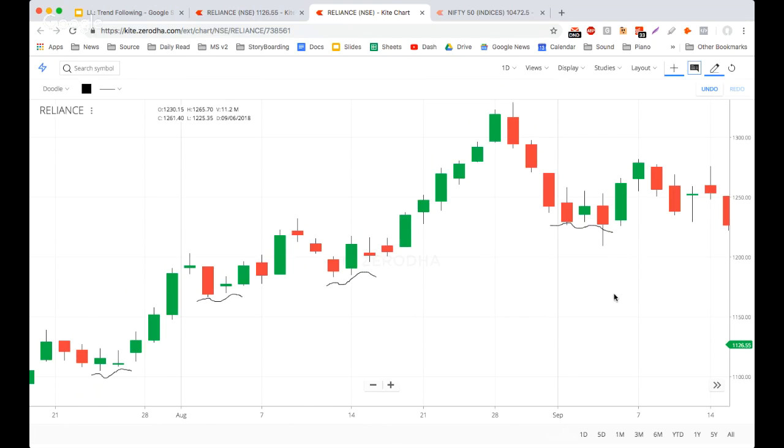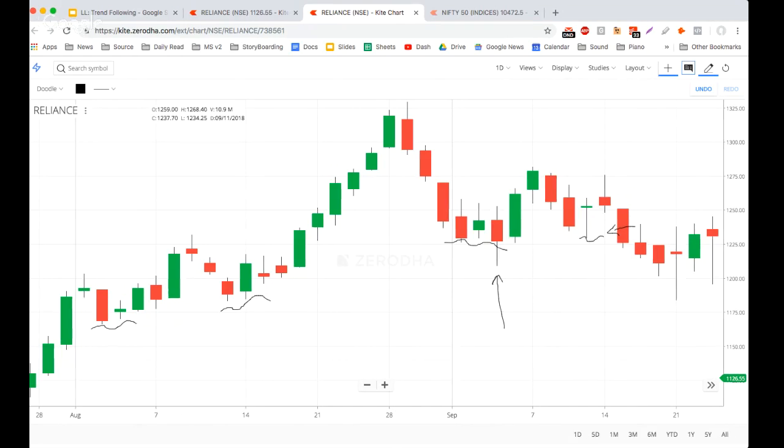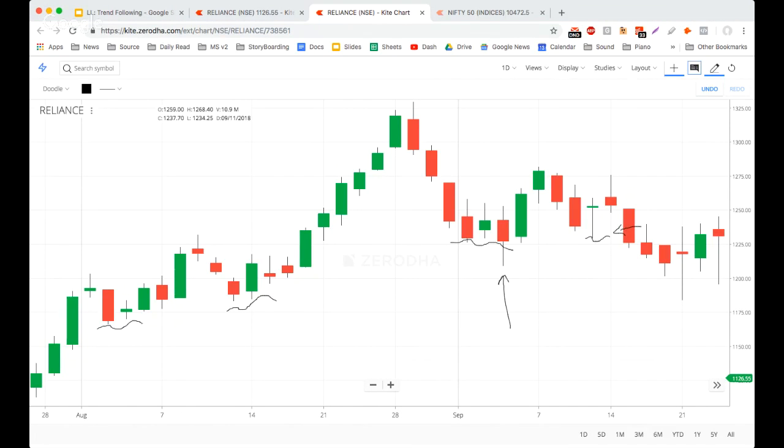What happened here? You are actually now stopped out. That candle took out your stop loss and you're out. If you don't think this is a candle, then you could probably move your stop loss here. And in either case, you would get stopped out automatically by the market telling you that the uptrend is now over because the swing low has been broken. Is everyone clear on that? Yes? Pretty kind of SAR system. Yeah, Shivang, it's just a very simple SAR system. Can everyone just type stop out if they got it?